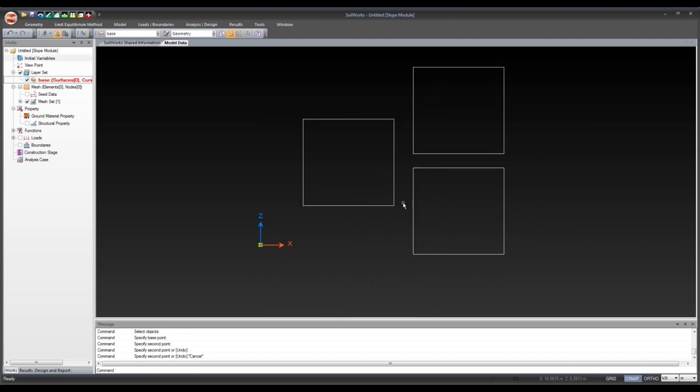Okay. So another shortcut that you might want to use is, let's say, for example, I wanted to copy one of these lines, but I just want to copy one of them and offset it. So instead of using a copy option, you can type offset in the command bar, press enter, and it'll ask you for the offset distance. So let's say the offset distance is like 5 meters. Then it'll ask for the object. So let's say we want to offset